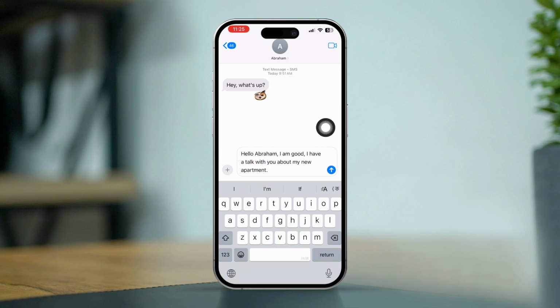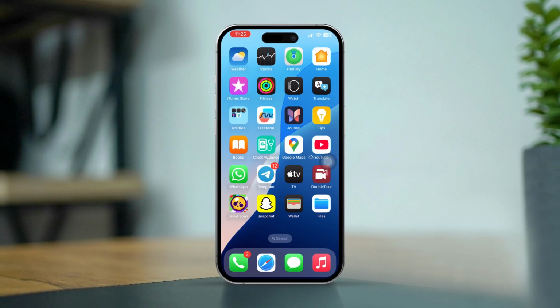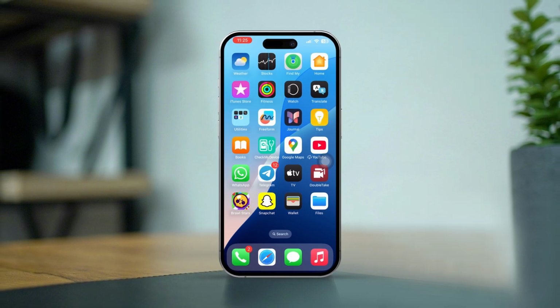Additional tips. Use copy in other apps. You can copy and paste messages into other apps like Notes, email, or any other app that supports text input. By following these simple steps, you can easily manage and